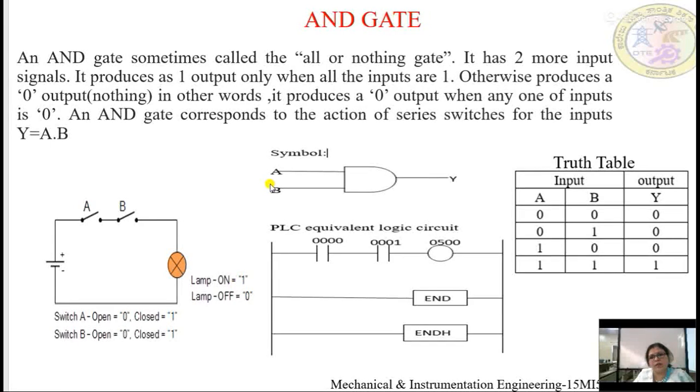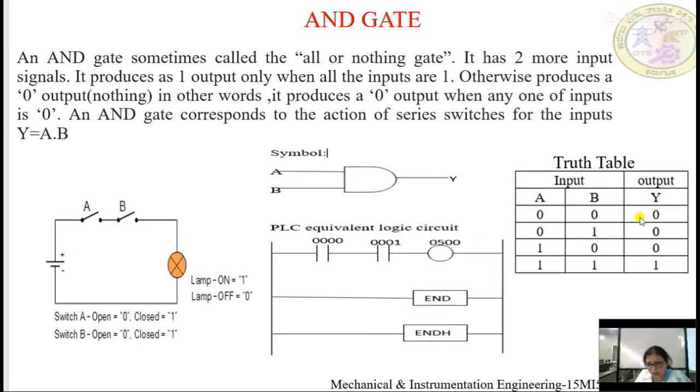Okay, coming to the AND gate logic, we have already discussed the AND gate through the PLC simulator. It is nothing but two switches connected in series to the power source and an output lamp. Here is how the AND gate is going to work: when both the inputs are high, then only the output is high. As the two switches are connected in series, if both are closed, only then will the output be high. If any one switch is kept open, the output will be off.